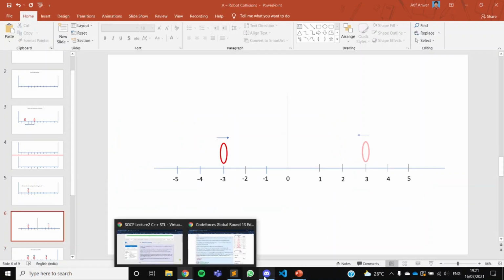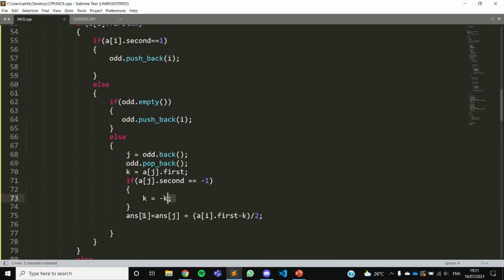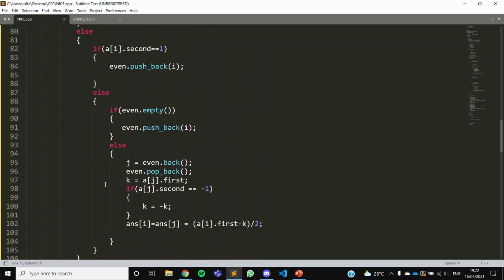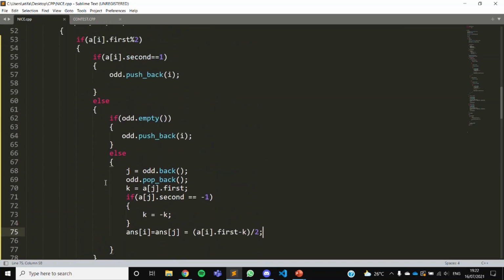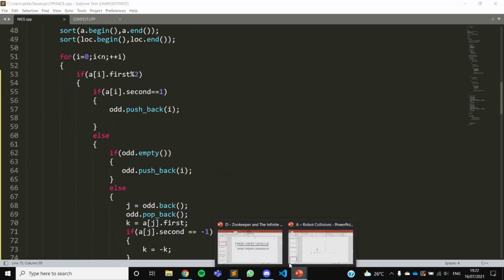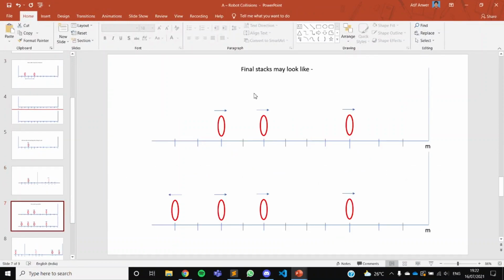Then we calculate the exact time when these two will collide. It will be answer of i equal to answer of j equal to a of i first minus k. Then I'm doing the same thing with the second array. After doing this, at the end, the stacks may look like either this or this.